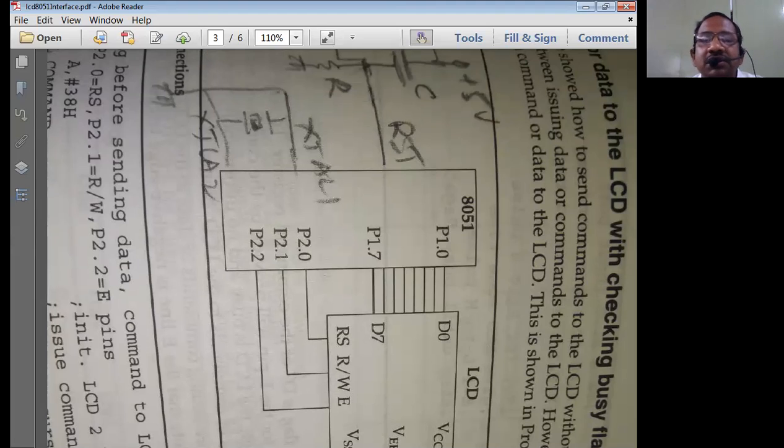With this, we'll stop our session on LCD interfacing. In the next session, we will try to mingle, that means join, the LCD program with a keyboard program, so that by pressing a key on the keyboard, that key is placed onto the LCD display. That is what we'll do in the next class. Because what we are actually doing is joining the keyboard interfacing with LCD interfacing. By joining these two, we will connect the keyboard as well as the LCD to the 8051 microcontroller unit. Let us see that program in the next session.